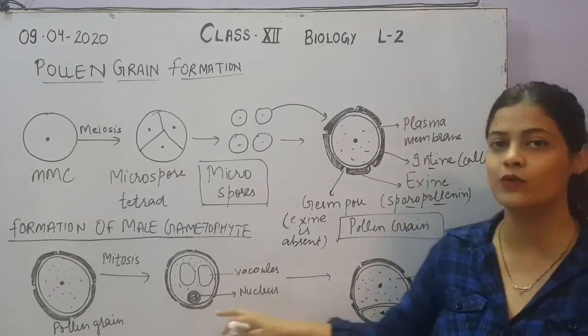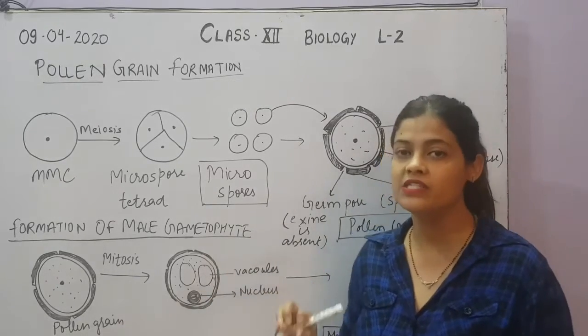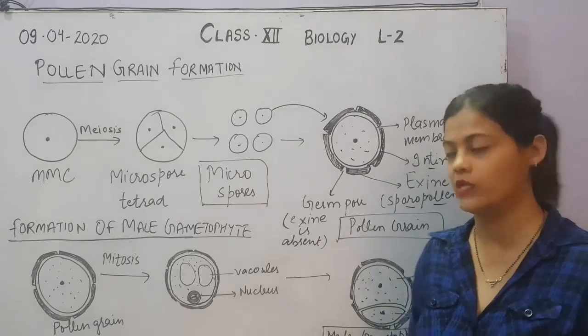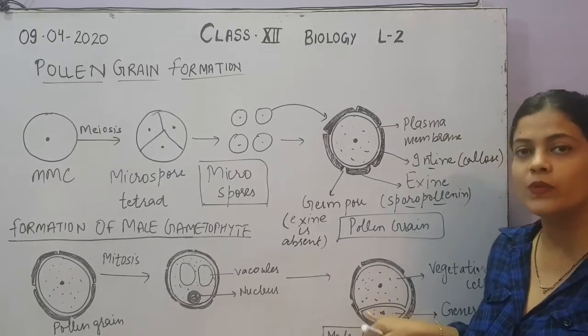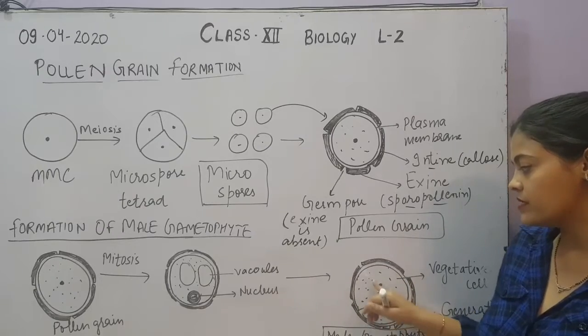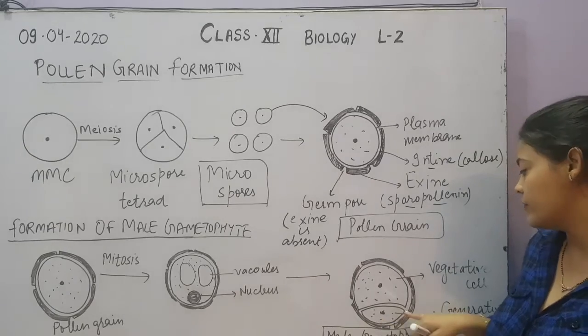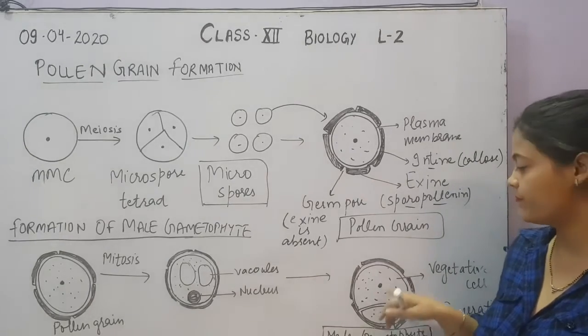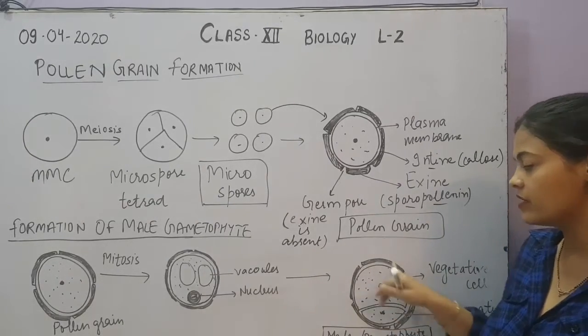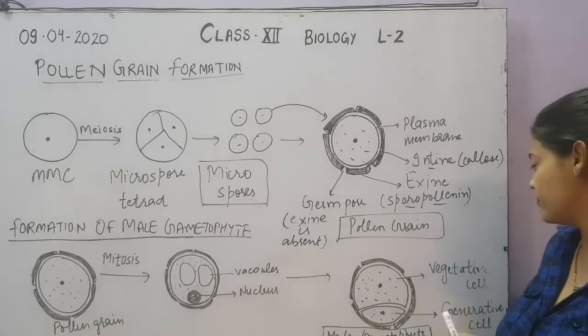Here you can see it will undergo karyokinesis as well as cytokinesis, but the division of cytoplasm is not equal. So due to unequal division of cytoplasm, one cell will be formed which has more cytoplasm as compared to the other cell which has less cytoplasm. So the cell which has more cytoplasm, which is larger in size, is called